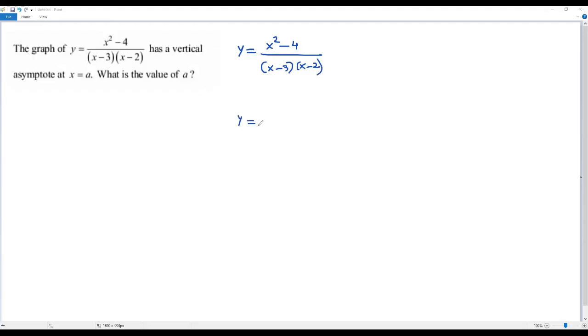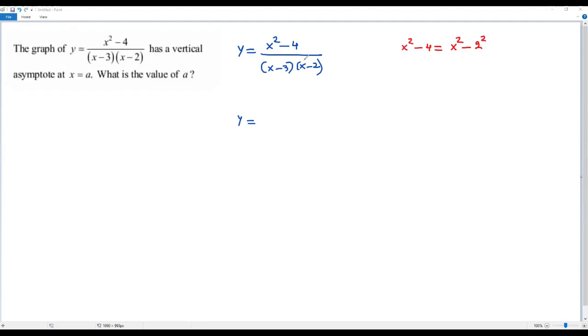To simplify any rational function, we have to factor the numerator and denominator. Already the denominator is factored, we get two linear factors. It cannot be factored anymore. So we should try to factor the numerator. Now let me consider the expression in the numerator, that is x² − 4. We can write this x² − 4 as x² − 2²,